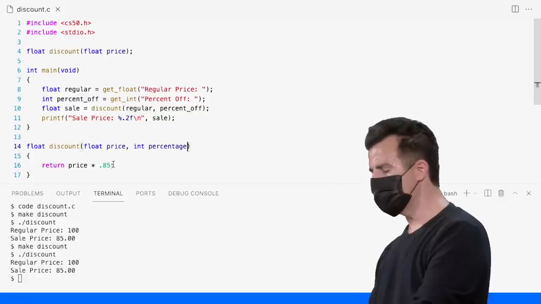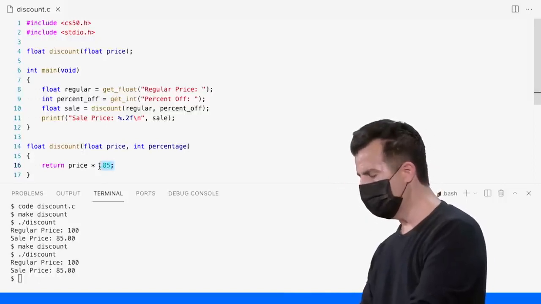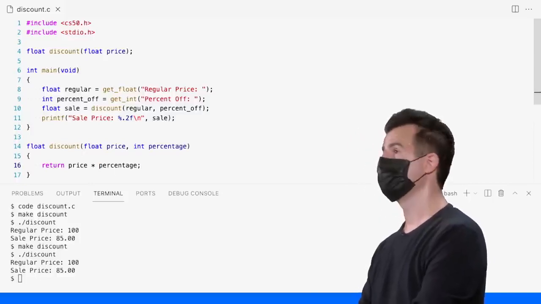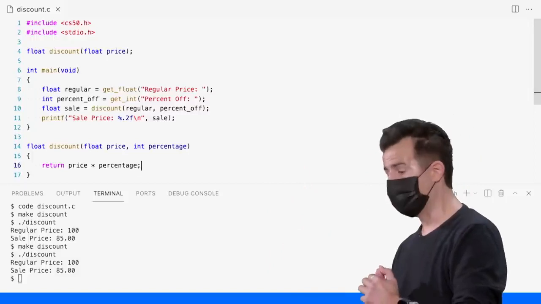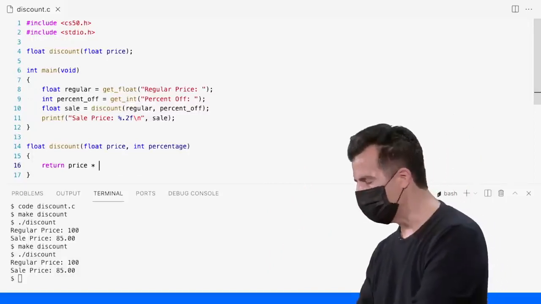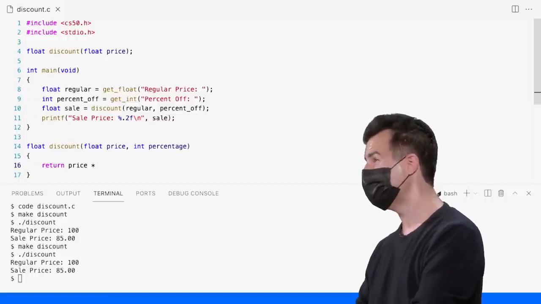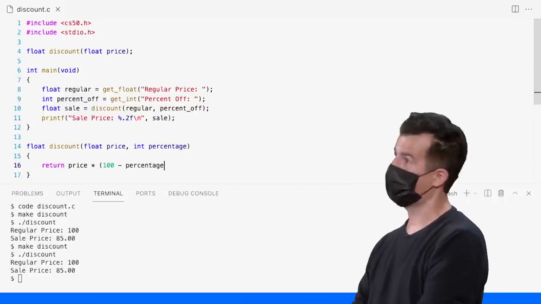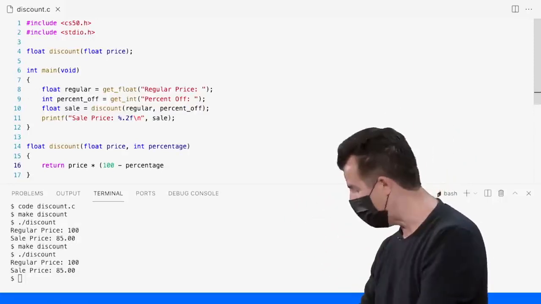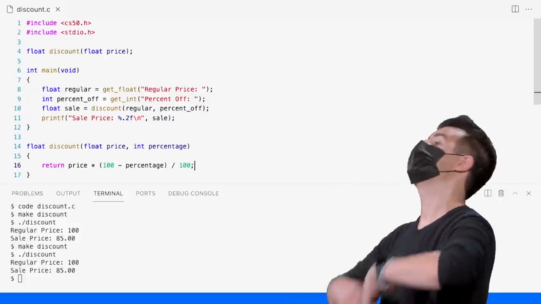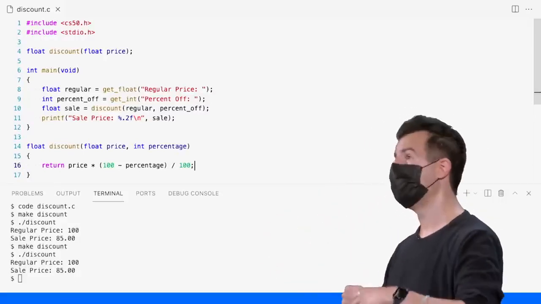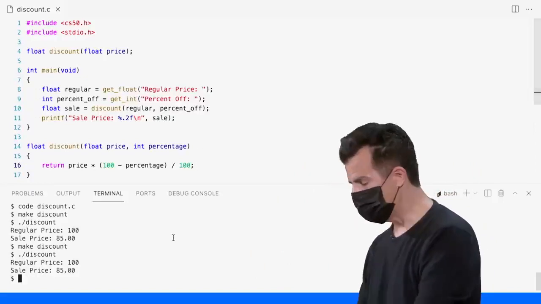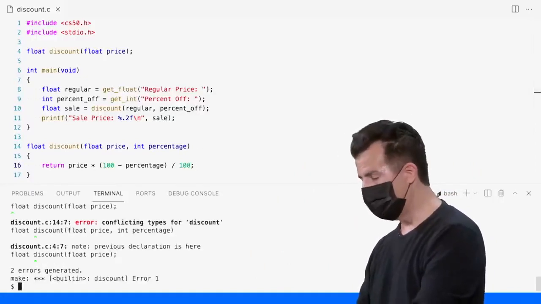And I'm now going to use that percentage in a slightly familiar way. I don't want to just do percentage like this, because, of course, that's going to increase the size of the total price. I actually need to do a little bit of real world math where, if this is a percentage off, like the number 15 for 15 percentage points, I need to do 100 minus that many percentage points, thereby giving me 100 minus 15, 85. And then I need to divide that by 100 in order now to give myself 0.85 times the price that was passed in. But if I go ahead now and save this, run make discount one last time,